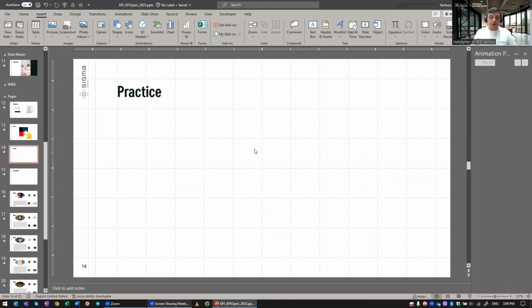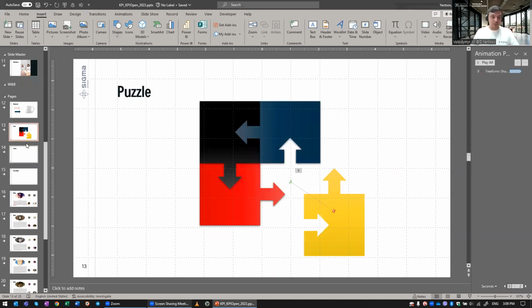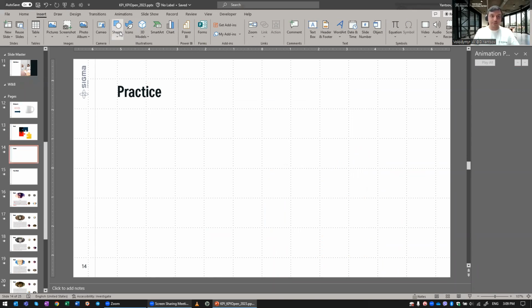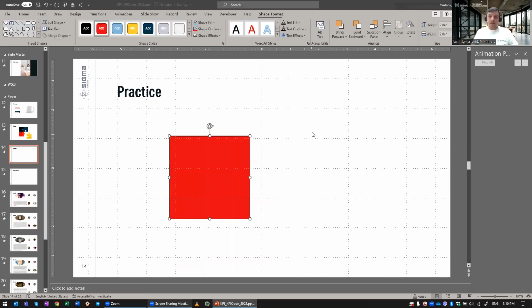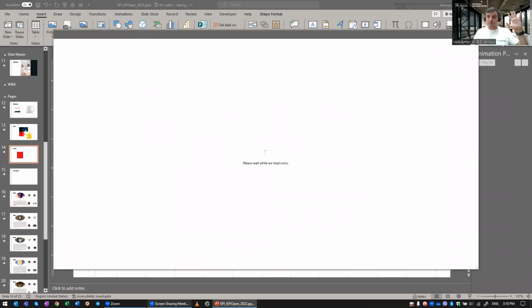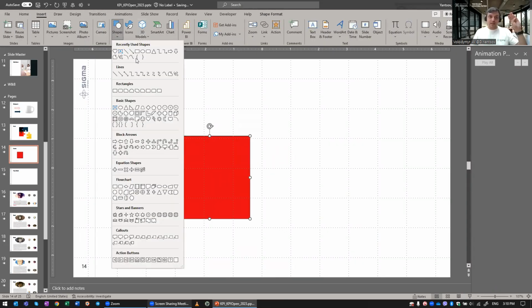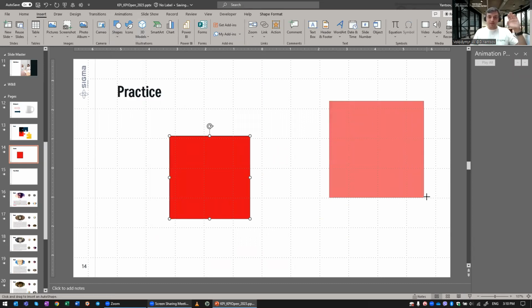First of all, you need to remember that when you are building shapes in PowerPoint, you need to use, if I'm not mistaken, the Shift button. Yeah. So you see I'm holding the Shift button right now, and the shape that is forming is a square. If I don't use Shift and I use the same shape to be inserted, it would be